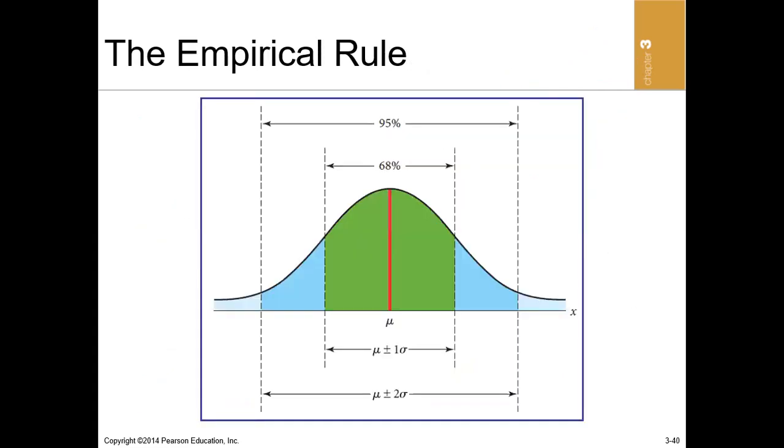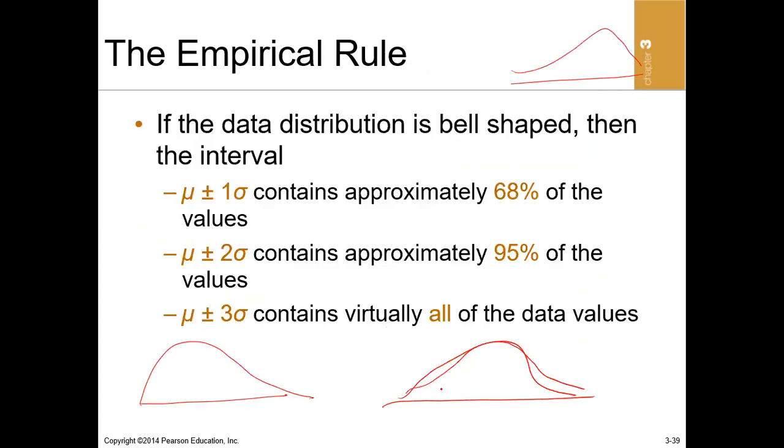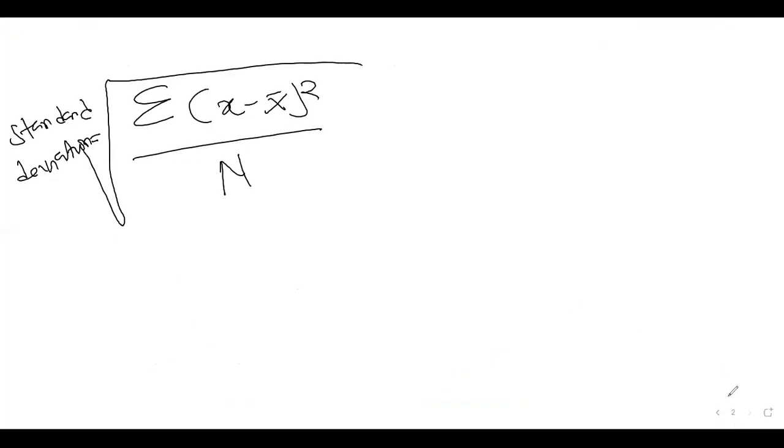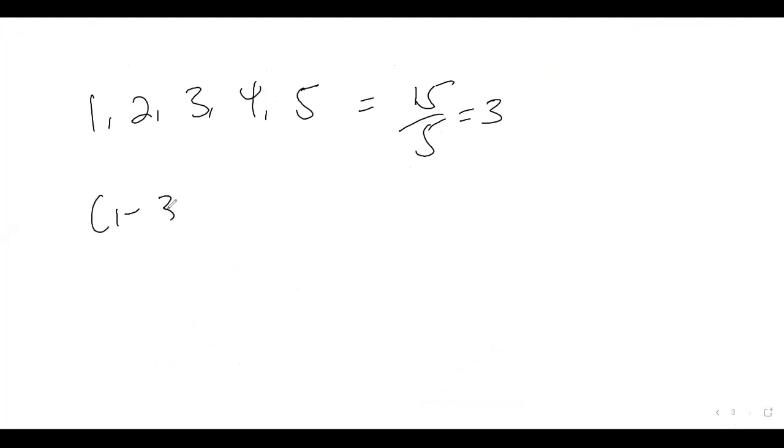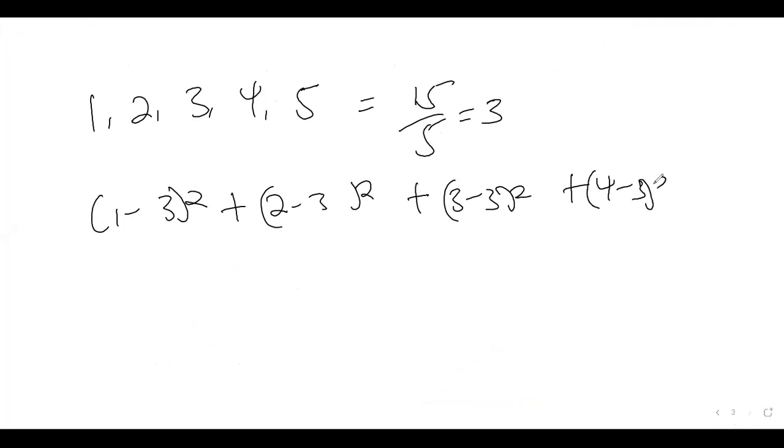All right. Now, how do we illustrate that? Let's say we have figures like 1, 2, 3, 4, and 5. Their mean is 15/5, which is 3. Now let's compute the standard deviation. It will be 1 minus 3 squared plus 2 minus 3 squared plus 3 minus 3 squared plus 4 minus 3 squared plus 5 minus 3 squared, all over